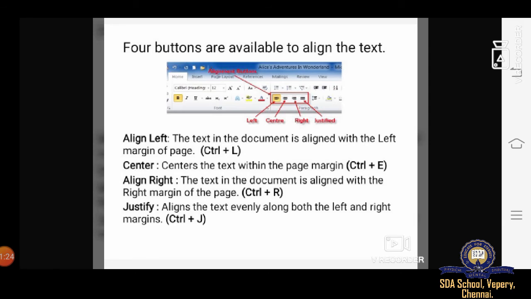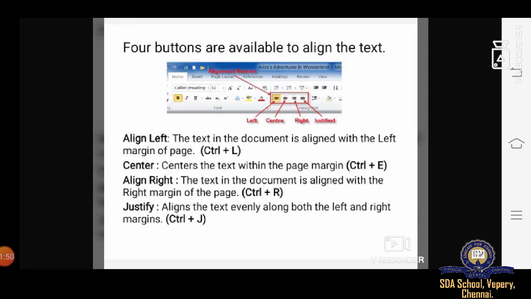Align right, by selecting this button, the text in the document is aligned with the right margin of the page. And justify, this option aligns the text evenly along both the left and the right margins, and this option creates an even edge on both the sides by adding extra space between the words.